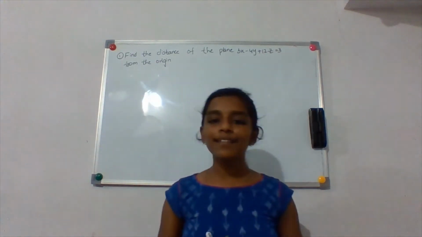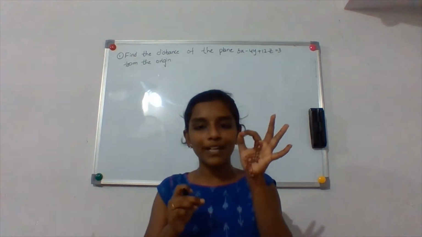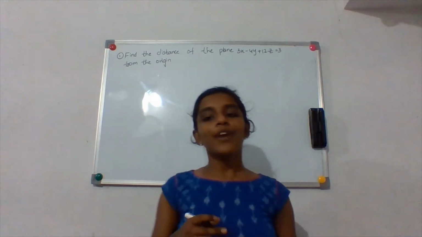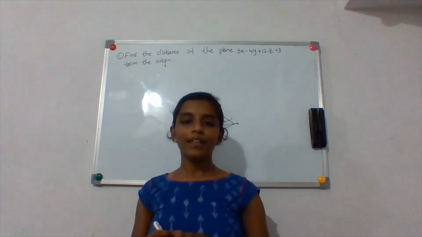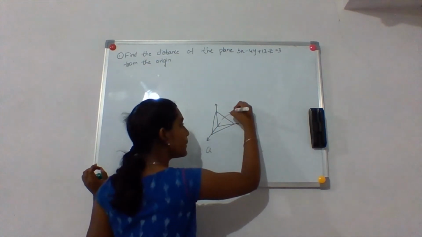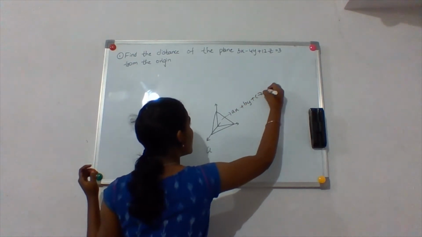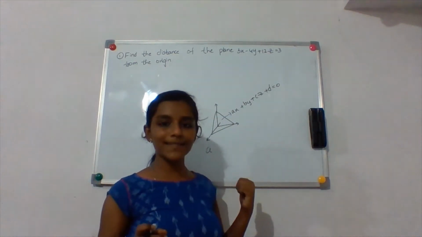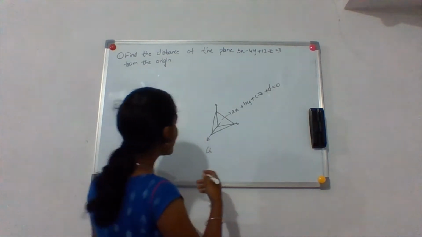You're going to find the perpendicular distance from a point to the plane. If you are going to find it from the horizon to the plane, you draw the perpendicular line. We already discussed how to find the perpendicular distance from a point to a plane. You will use a formula: if the equation of the plane is ax plus by plus cz plus d equals 0. If you want, you can also try this sum first, and then it will be very easy. So let us look.